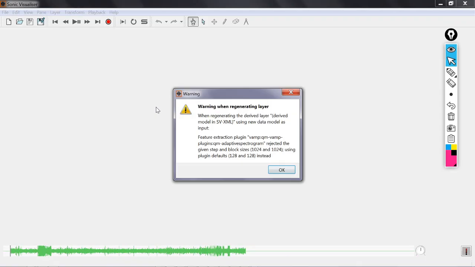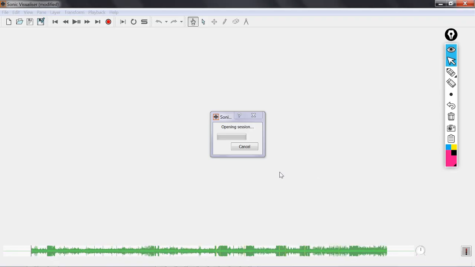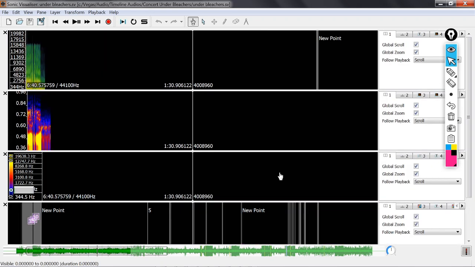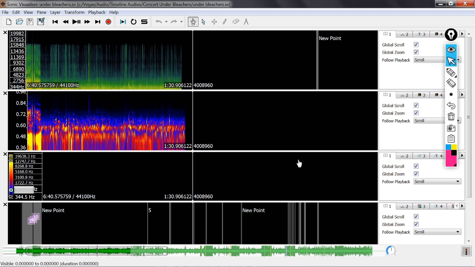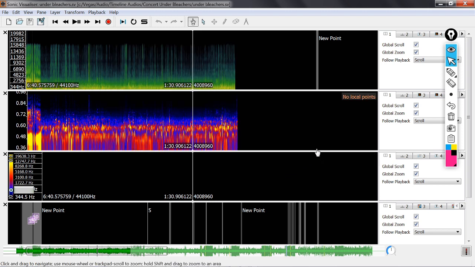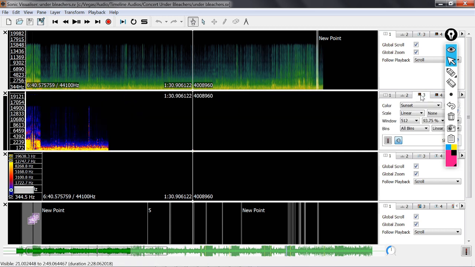So what I'm doing is pulling up the Sonic Visualizer session for this recording, which occurs approximately in the center area of the stage, but underneath. And it's not on top of the stage, it's underneath. And what I want to bring your attention to is the frequency at which these signals occur.